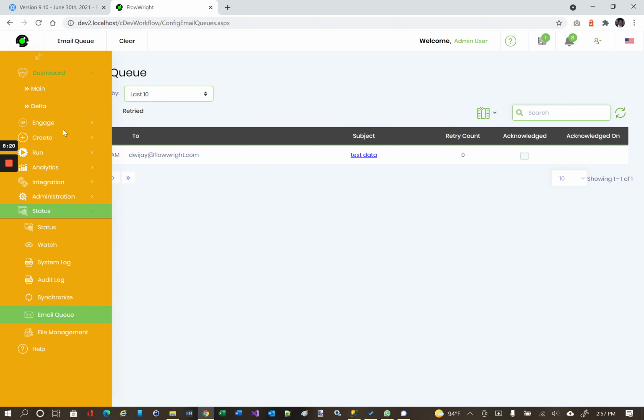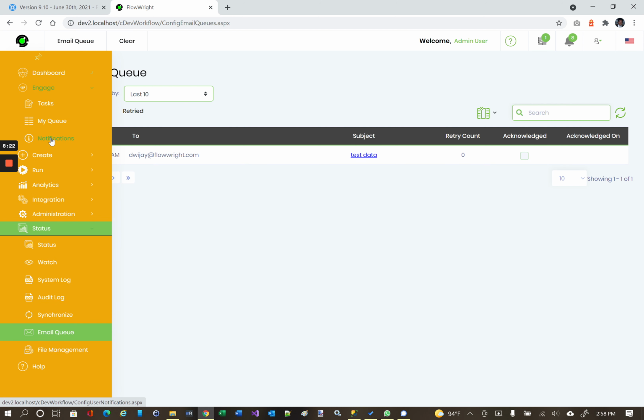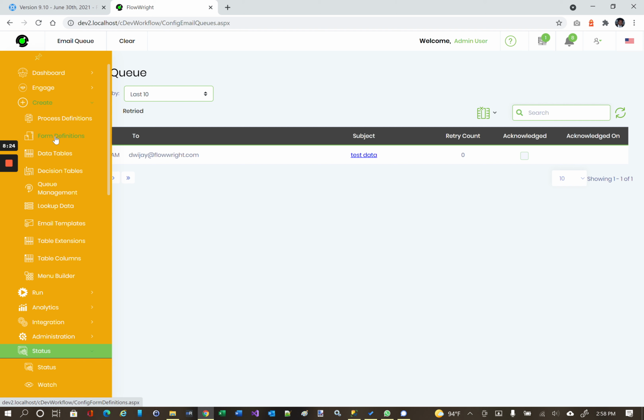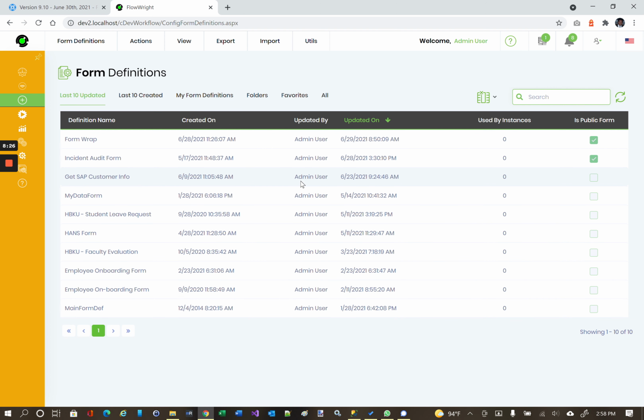And if I go into any of my pages here, let's say we go to form definitions, all these dates, created on, updated on, these values are stored in UTC in our database, but as displayed in the UI, it will be shown, in my case, in UTC. If you want to set